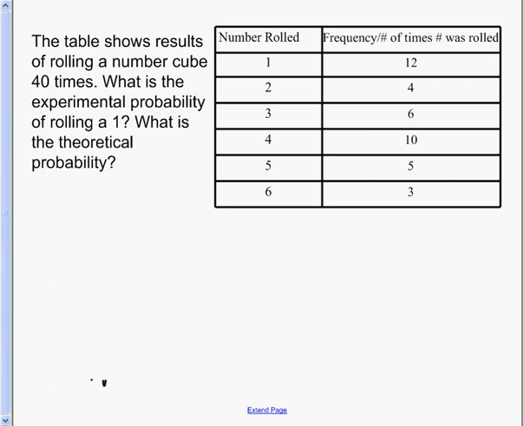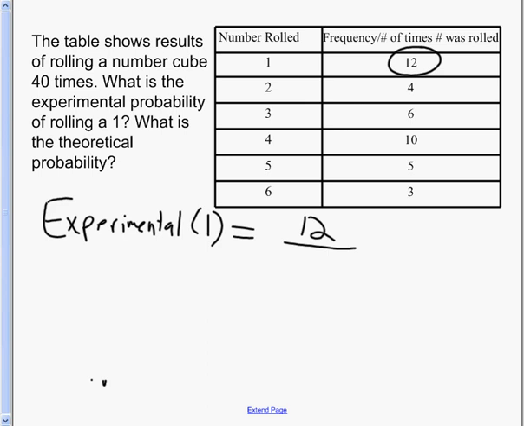Next question is very similar to the experiment we just did. The table shows the results of rolling a number cube 40 times. What is the experimental probability of rolling a 1? So, we're looking at our experimental, meaning our result. Experimental of 1, right? Well, how many times did we roll a 1? Up here I see we rolled a 1 12 times out of a total of 40. So dividing both sides, the top and bottom, by 4, I get that we had 3/10 of the time we